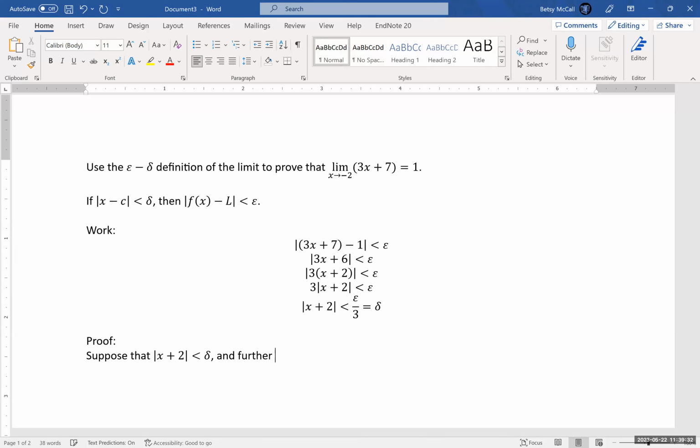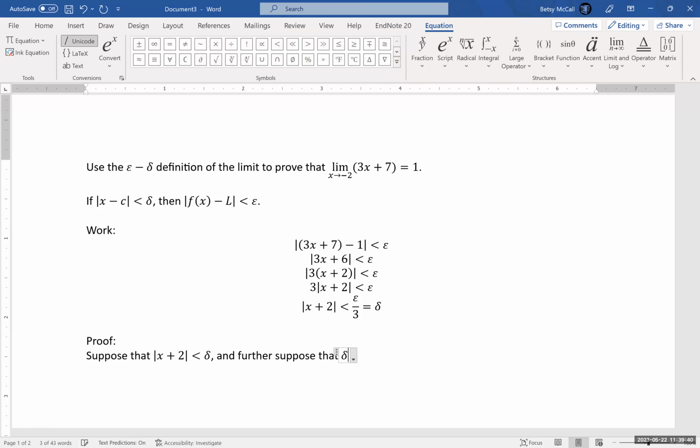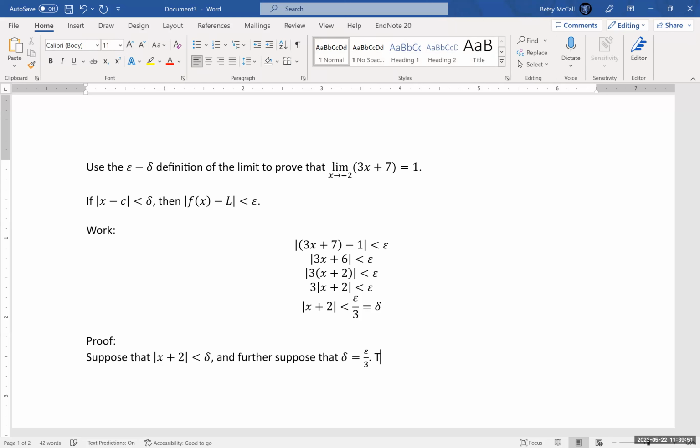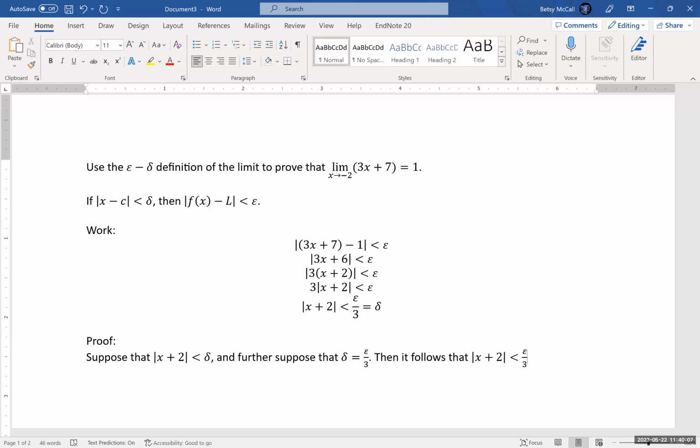And further, suppose that delta is equal to epsilon over 3. Then it follows that the absolute value of x plus 2 is less than epsilon over 3, and that